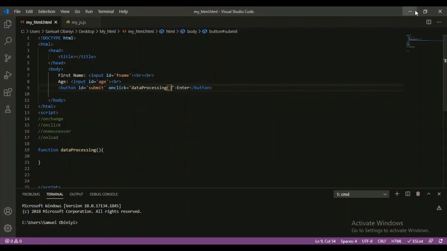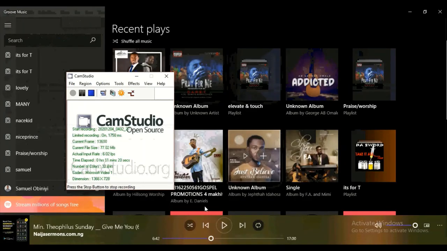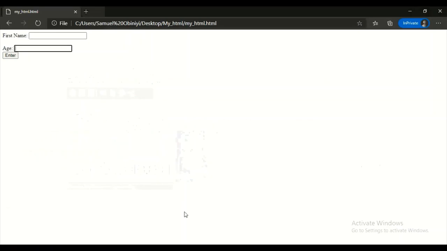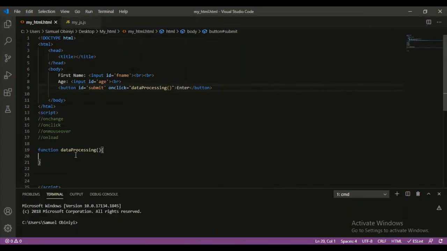Number two, we want to get whatever data is inputted here and whatever data is inputted here. And I'm going to show you how we do it with JavaScript. The first thing we're going to do is create a variable where we'll store our data. I'll call it firstName. Remember, your variable can be any name as long as it follows the naming convention. firstName is equal to, now I'm going to use